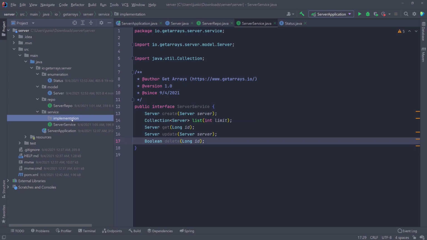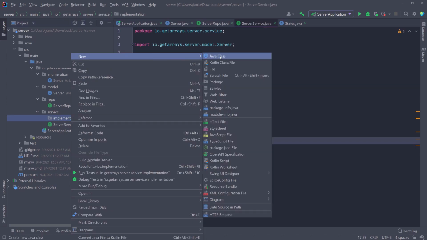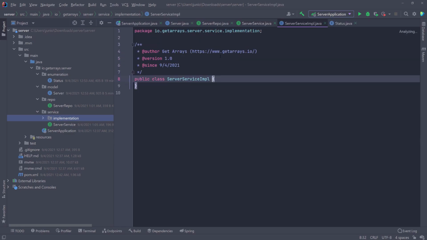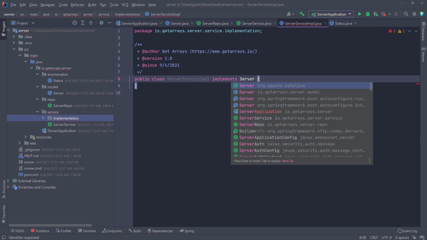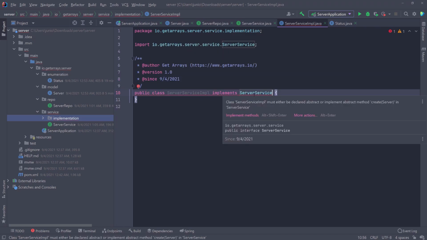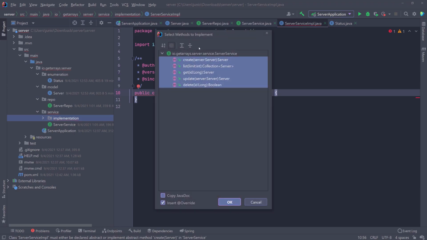And inside of the implementation, I'm going to create the server service implementation. So server service implementation, and press enter. And of course, this is going to implement the server service. So we're going to say implement server service. So now once we implement the server service, of course, we have to implement all the methods inside of this